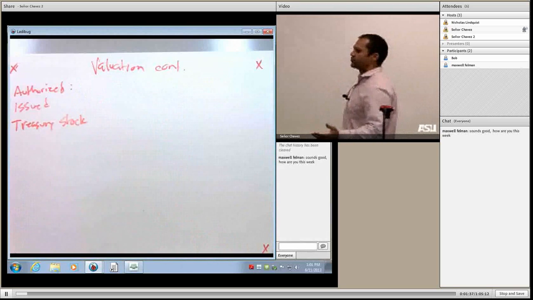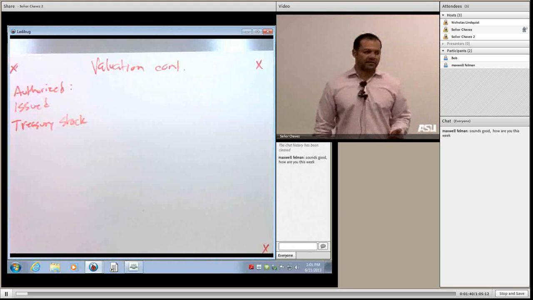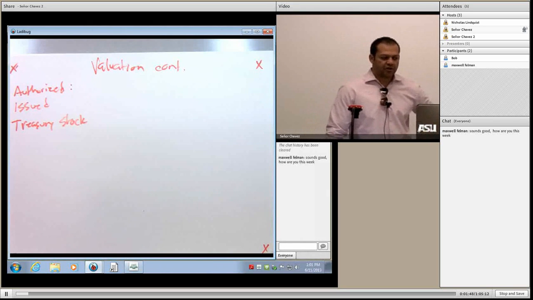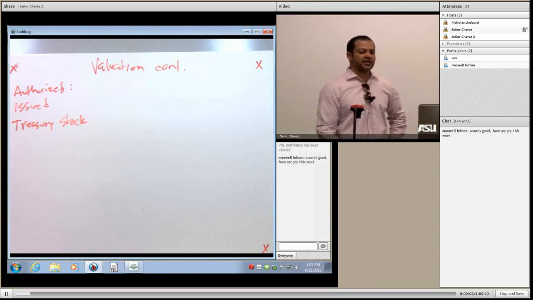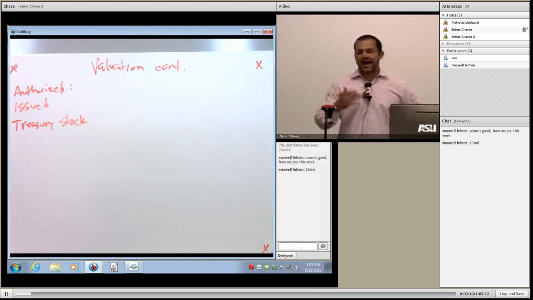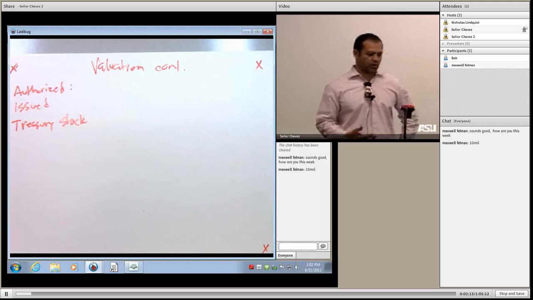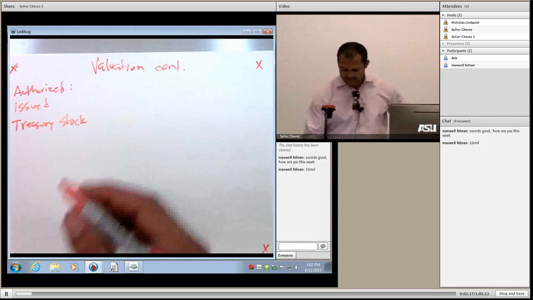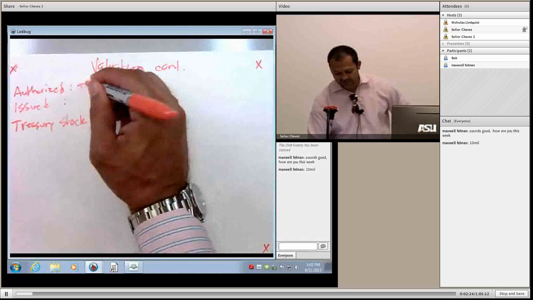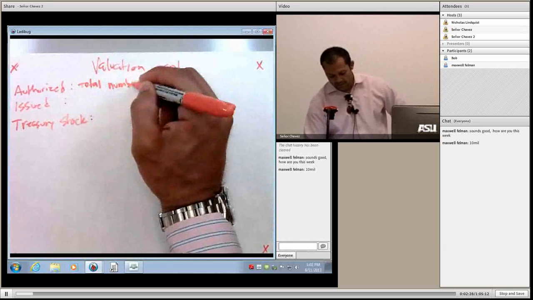Shares authorized is really when you incorporate your business into whatever state or jurisdiction that you're going to be filing in, you're going to have a certain number of shares that are going to be authorized for your corporation. How many shares do I recommend that you start out with if you're going to incorporate? Holy cow, 10 million, right? Oh, you're absolutely right. I appreciate the participation, Maxwell. So 10 million shares. Shares authorized is basically the total number of shares